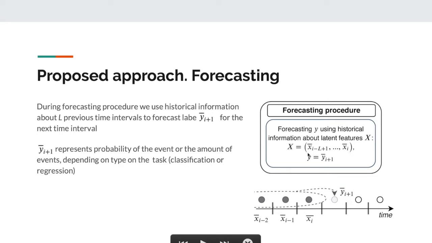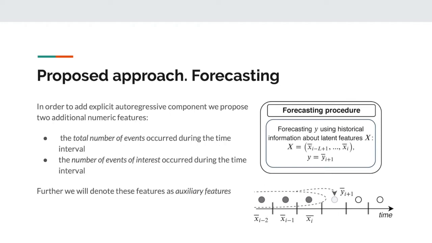To forecast this label for the next time interval, we use L previous time intervals as historical data for forecasting. In addition to the features we discussed before, we are also introducing two more numeric features: the total number of events that occurred during this time interval and the number of events of interest that occurred during the time interval. These two features add an explicit autoregressive component, and as we will see in our experiment section, these features improve the